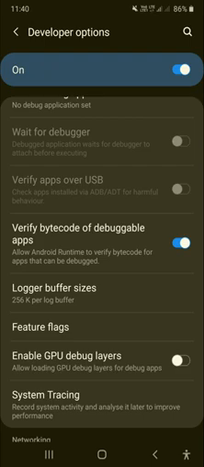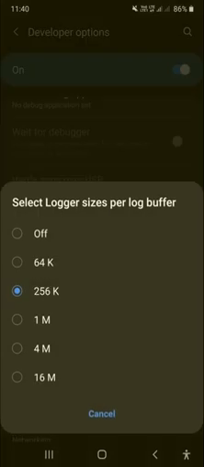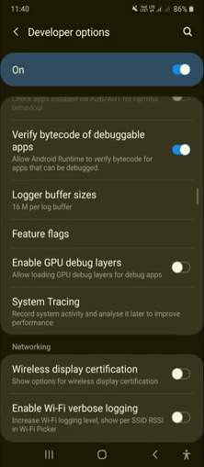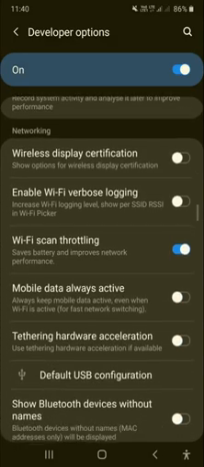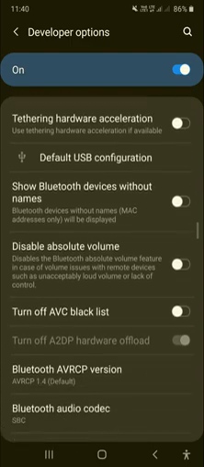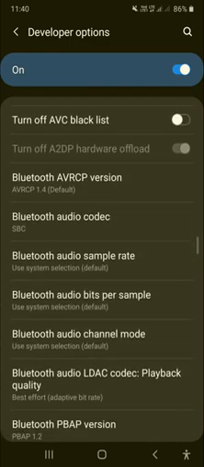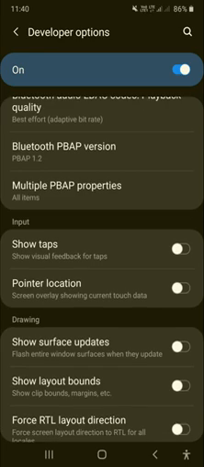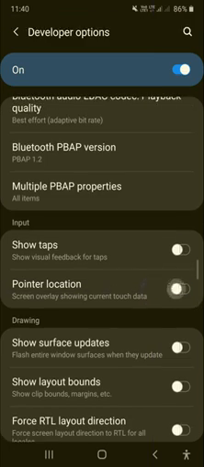Logger buffer sizes, just click on 16M. The next one is Pointer location. This is not to increase the speed, just to see where you are touching, so not this one.